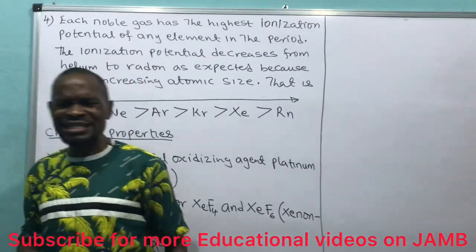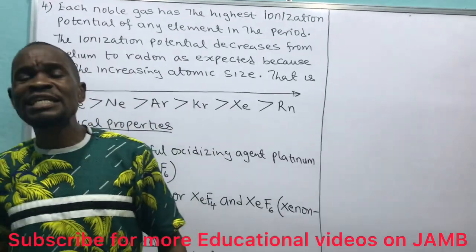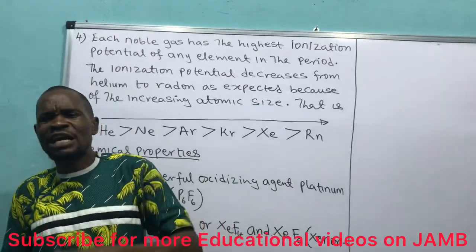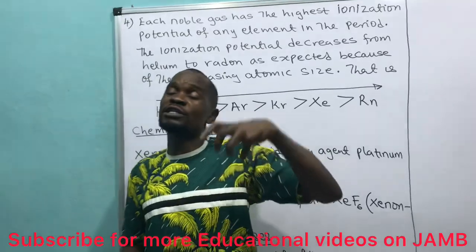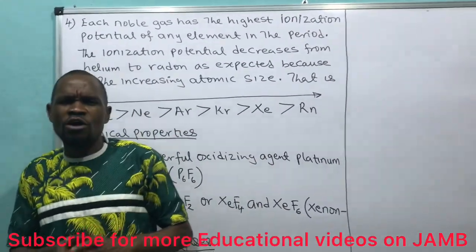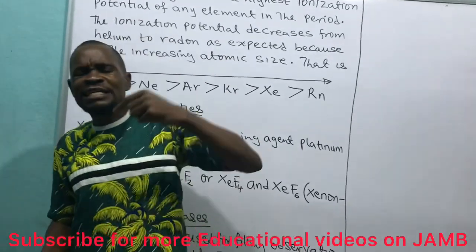So, when I say that the first ionization energy is less than the second ionization energy, what does it mean? The first ionization energy of an element is less than the second ionization energy of the same element. For instance, if an element is about to give 2 electrons, the energy required to